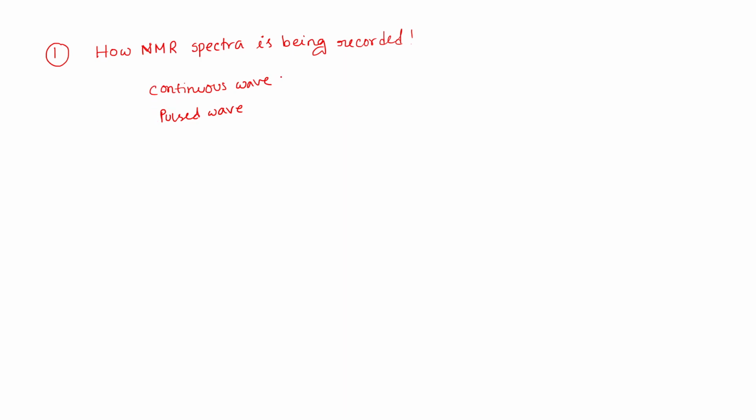Okay. And now in these continuous wave, there are two cases. As you already know, your alpha and beta were first degenerate. Now when you apply your external field, depending on your external field amount, the more external field you give, there will be much more splitting between the alpha and beta. Your beta will be here and alpha will be here. Now if you increase B, see the resonance and apply your radio frequency,